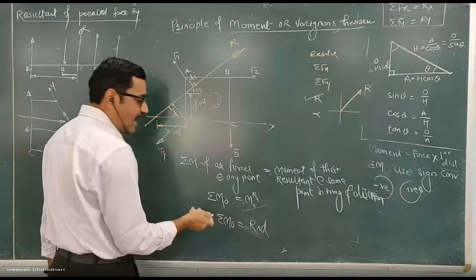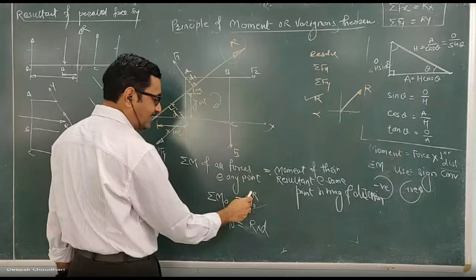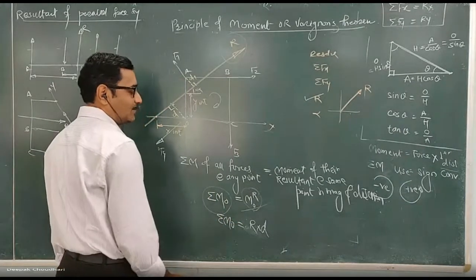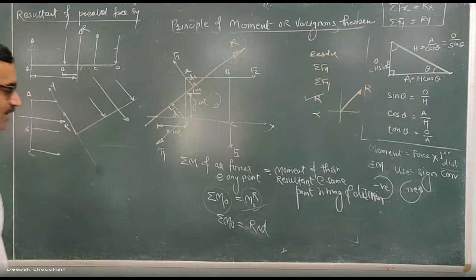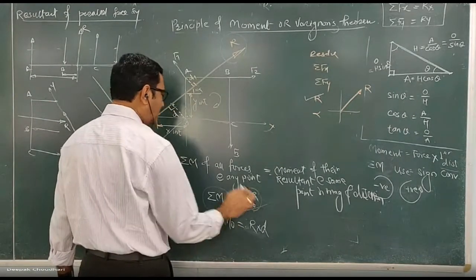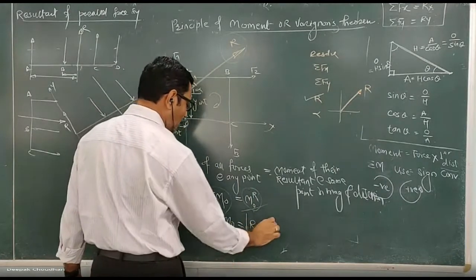Here now, I am not considering that negative sign, because according to Varignon's theorem, if this resultant produces a clockwise moment, then the summation will also be clockwise, meaning negative here and negative here too, right? Okay, so I am ignoring that negative sign. So the moment of the resultant about point O is R into D. Or you can take it in mod.